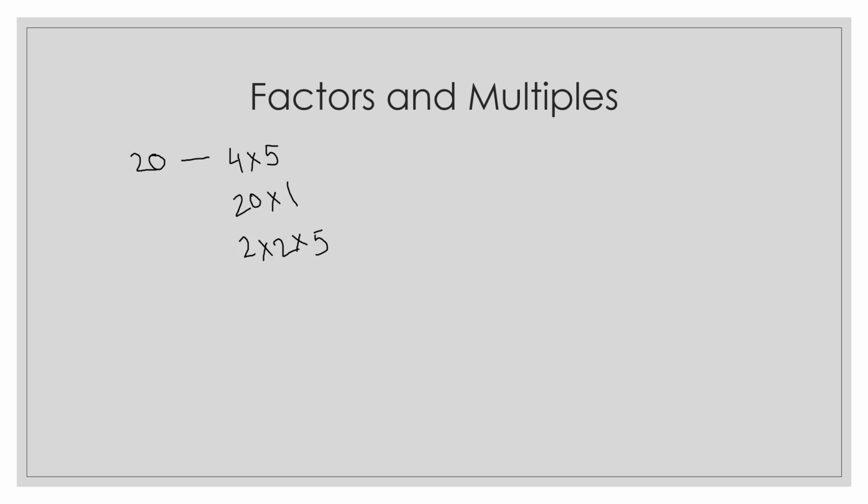Now let's look at multiples. What are multiples? If we take number 4, what will be the multiples of 4? It's like the multiplication table that you use, right? So 4 into 1, then you have 4 into 2, which is 8. So 8 is a multiple of 4. Okay, so the multiples are 4, 8, 12, 16 and so on. These are multiples. So if we see a number 12, the factors of number 12 will be 4 and 3. And 1 and 12 will always be there.